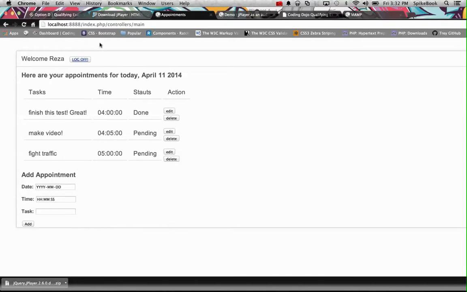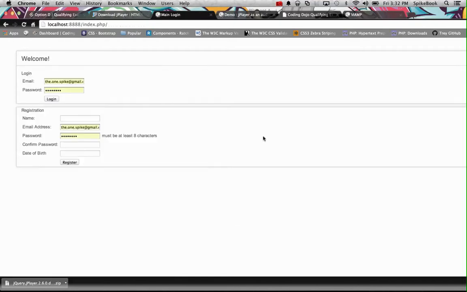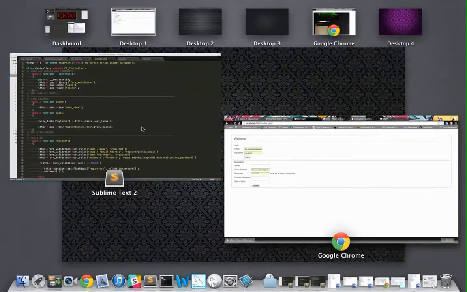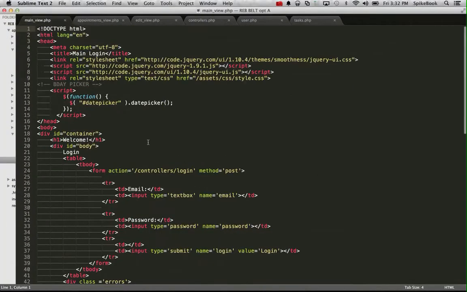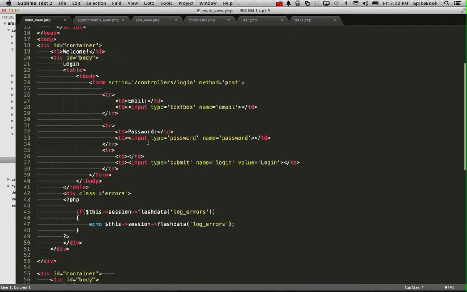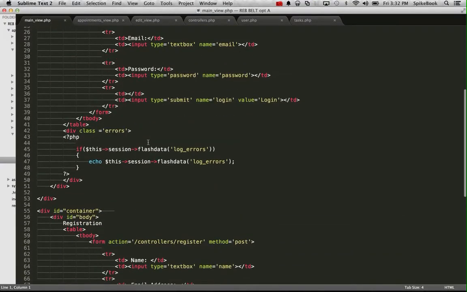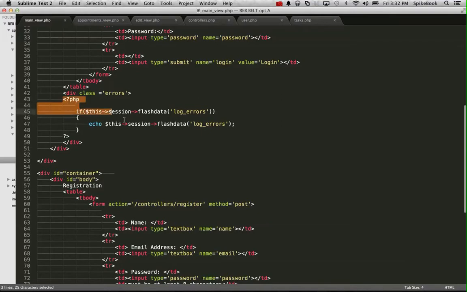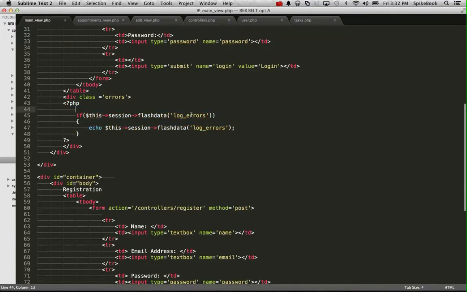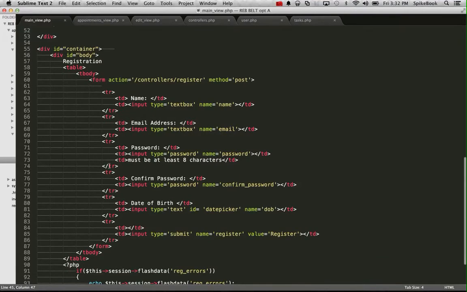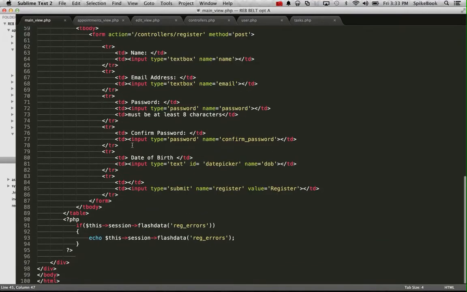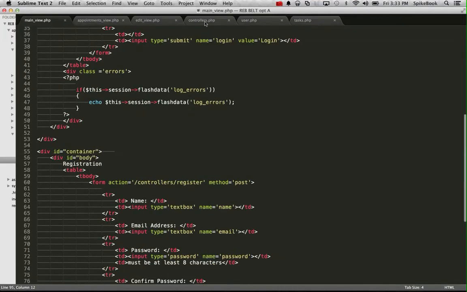Okay, and when I log off, it goes ahead and unsets the session and takes me back out to my login page. Here's the code. This is my main view page. My errors are separated: this is my login errors, and down here this is my form for the registration, and I have a separate area for my registration errors. And then on my controller,